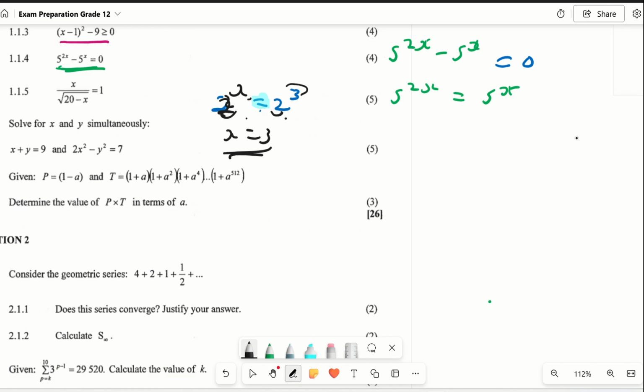Similarly, the bases are the same here, we just equate the exponents. 2x equals x. You take the x to the other side, becomes 2x minus x equals 0. Then 2x minus x is just x equals 0. So that's your answer. A different approach could have been